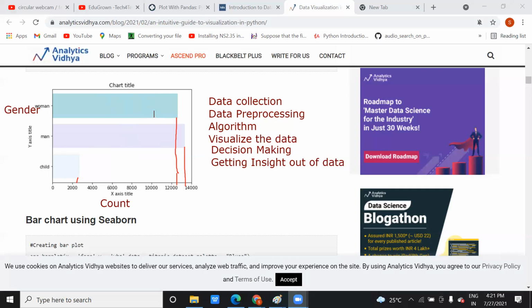So to get the idea of how many people are in the population, or suppose you want to see the variation in the price of fuel for the past 5 years, that also you can see, right? This data visualization you can do with different tools also. In Excel also we can do data visualization, and the same thing you can do with other tools also. There are a lot of tools available in the market.